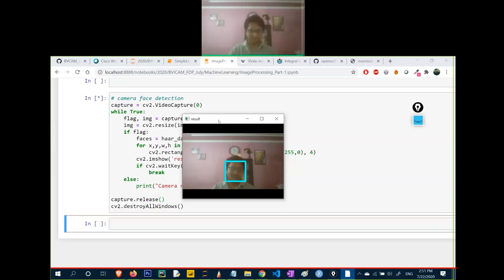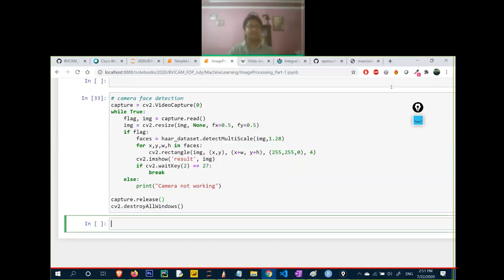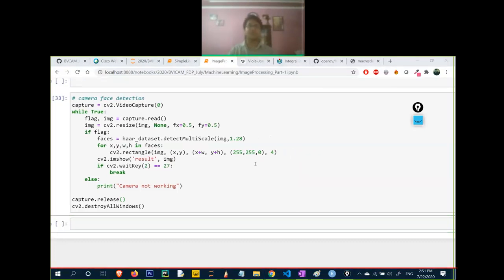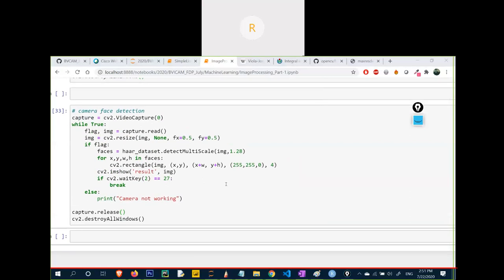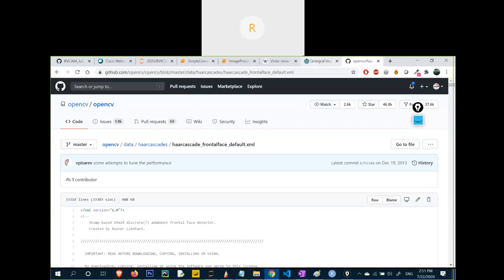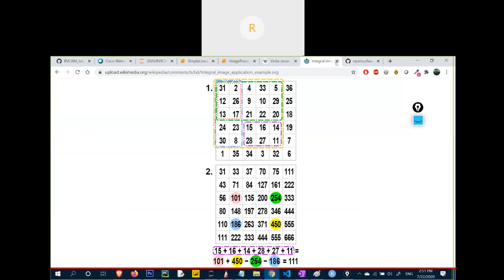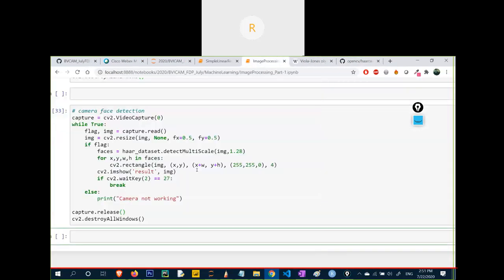So this is one of the best things you are learning right now, the face detection and how it is done in Python using a few lines of code. The main thing is that you can get the code from anywhere. This code is not very tough, not a very huge code. The main thing is the mathematics running behind this, how it was detecting the face, what maths it was using. That's what I told you first. So this is the major thing: integral image concept, Haar features, adaptive boosting. These are the things that go behind.